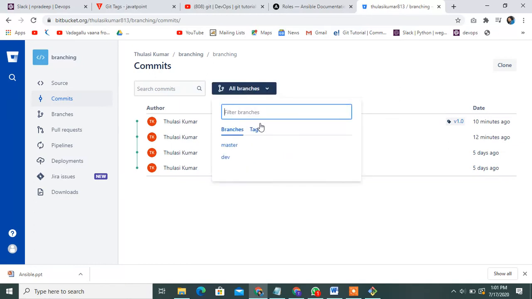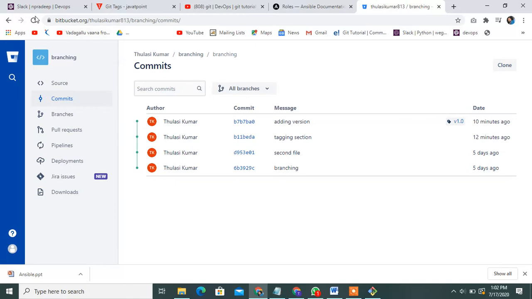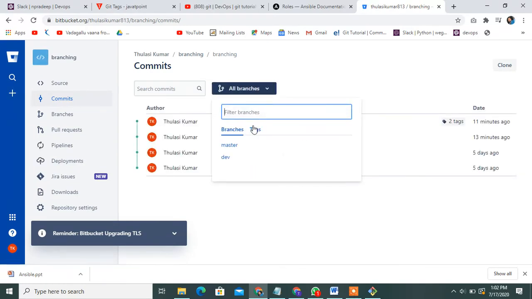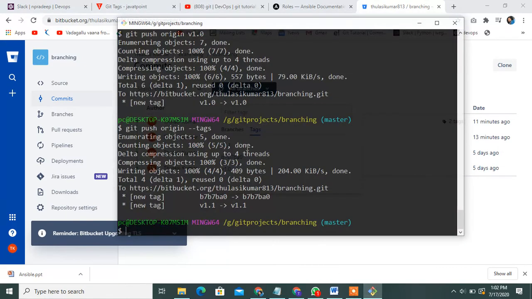Once you can check it. See, this is all committed, all tags also you can store in central repository. Okay, remember it guys, how to push in central repository. Git push origin --tags.